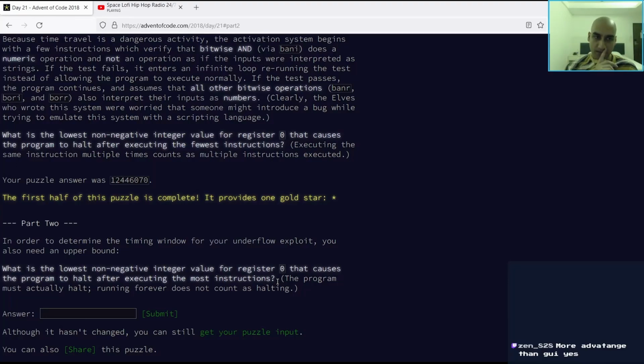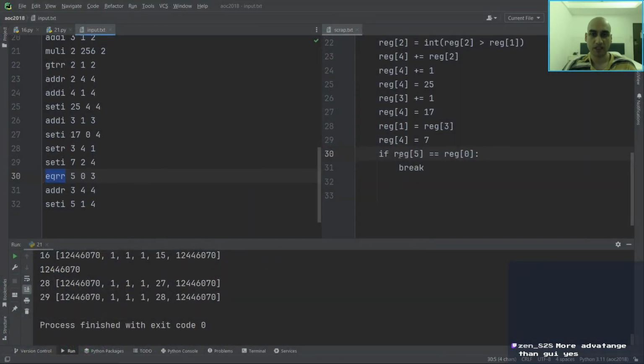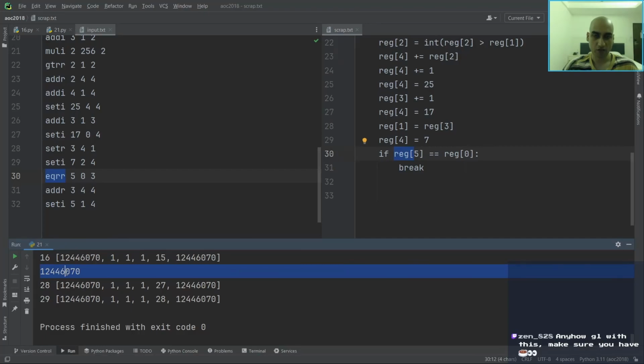Ah, I see. Okay, so the first time, we were only printing the first time that line is executed. And at that time, reg 5 was this. So we set reg 0 to be that, and then it terminates. But that's only the first time. The second time it hits that line, reg 5 might be something different. So if we wanted it to halt on the second time and not the first time,